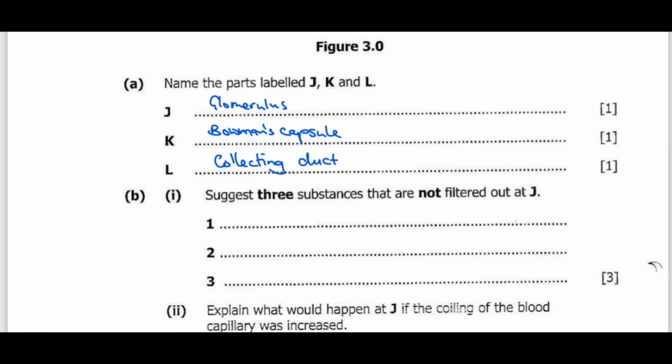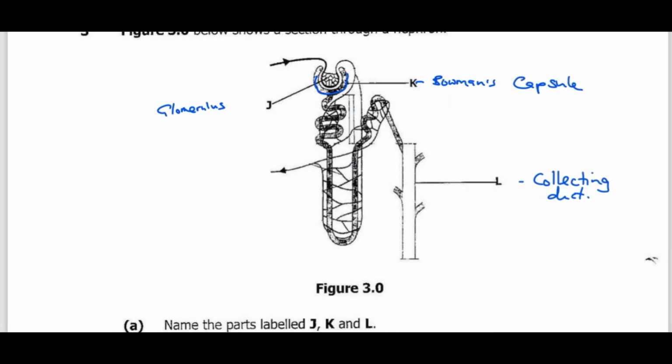Suggest 3 substances that are not filtered out at J. So 3 substances that are not filtered at J. These come from the blood capillary. In the blood capillary we have several substances. Number 1, we have red blood cells, and then number 2 we have white blood cells, and then we have platelets, and then we can say blood plasma,